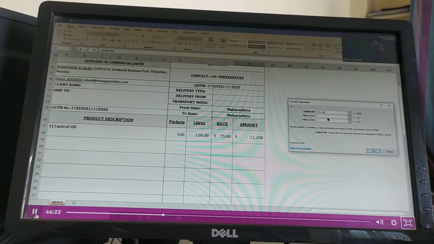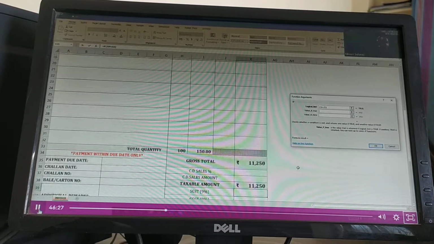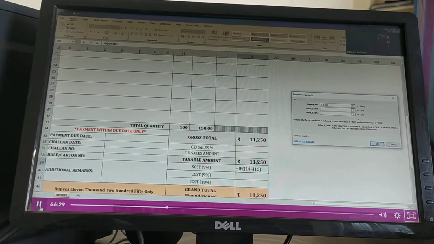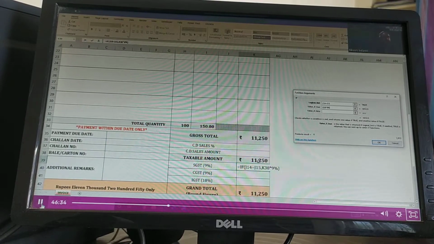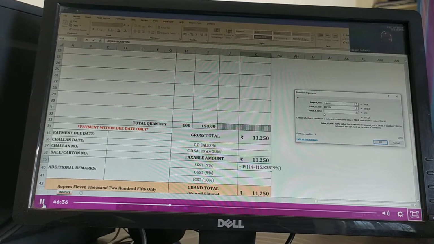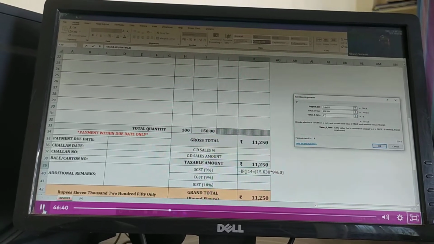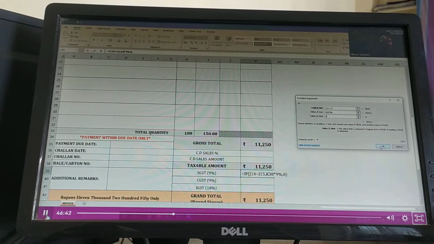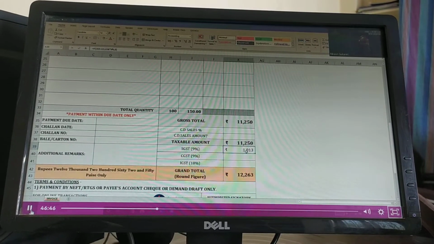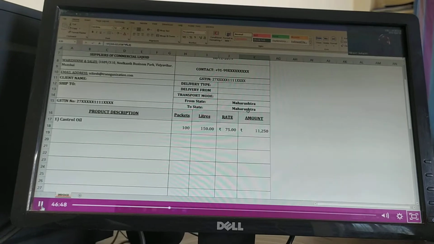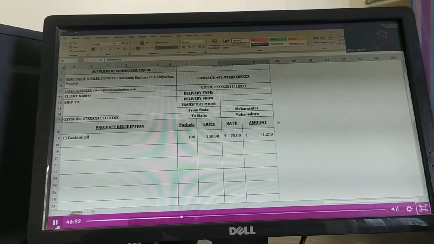अगर true है, if it is true, right, then please multiply this with 9%, and if it is false, make it 0. Simple. I'll just click here and I'll see, and you get the answer, right? I will change this to Tamil Nadu. If I change this to Tamil Nadu or any other state, right, it should be 0.